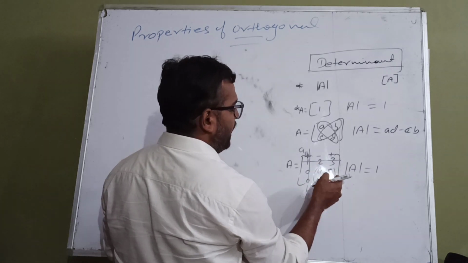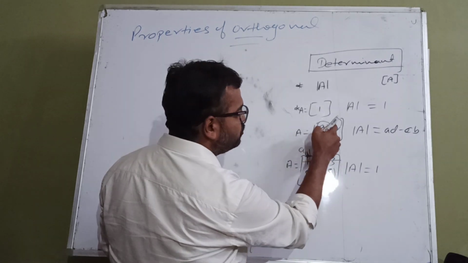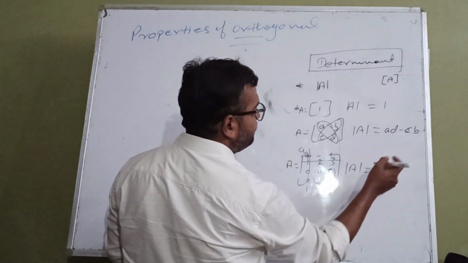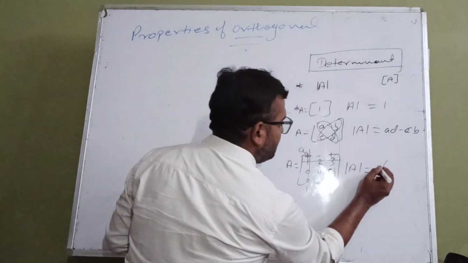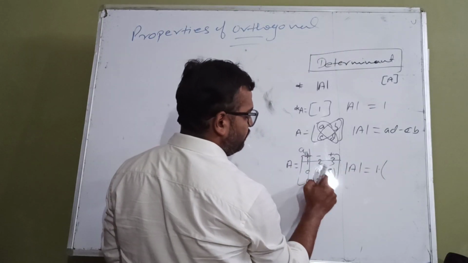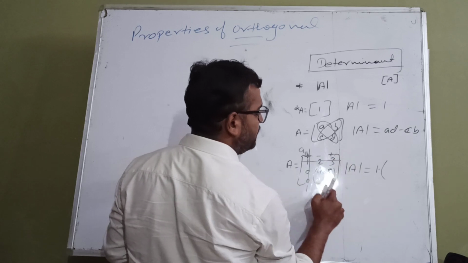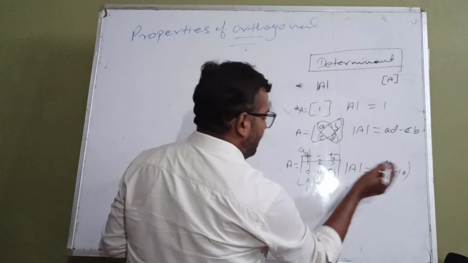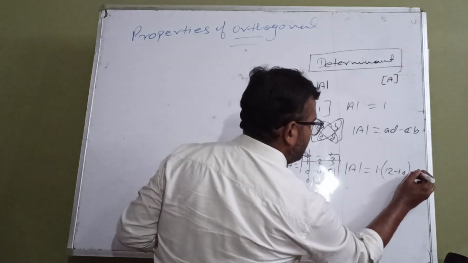What is remaining here? 4, 5, 2, 3, and it is just looking like a 2 by 2 order determinant. And how to solve the 2 by 2 order determinant, you know here. So this will be the multiplication: 1 we have taken, 1 into 4 into 3, the product 4 into 3, 12, and minus 5 into 10. Minus, now you are taking minus 2, then minus of 2.